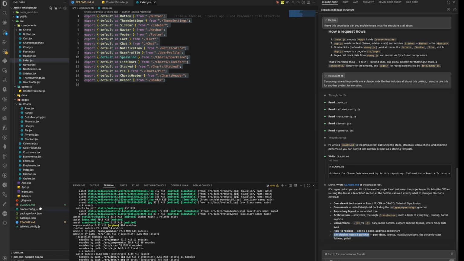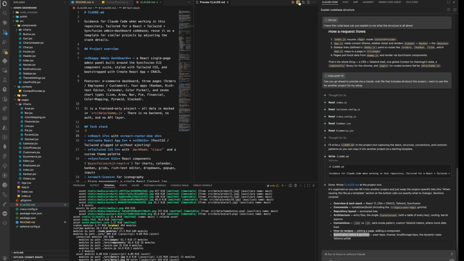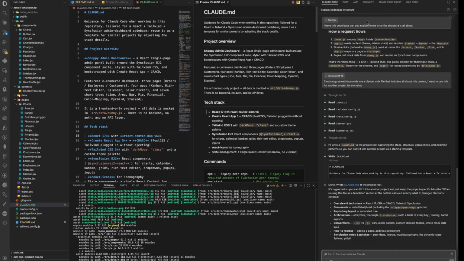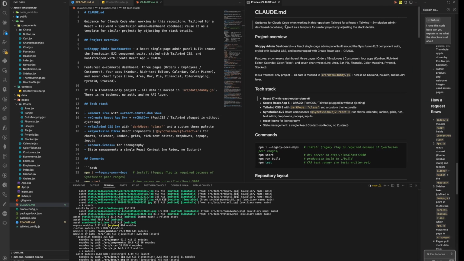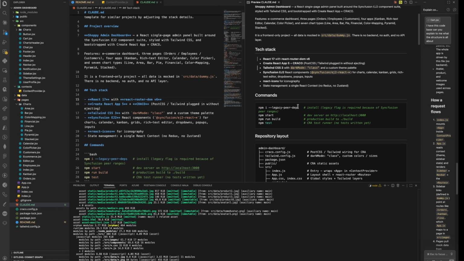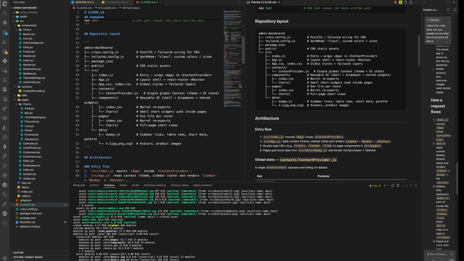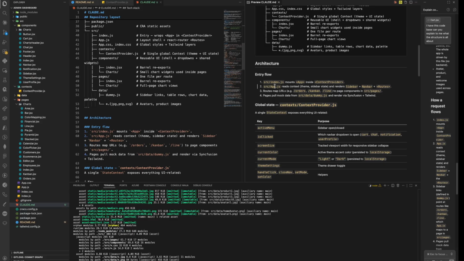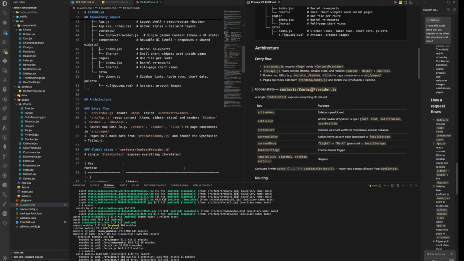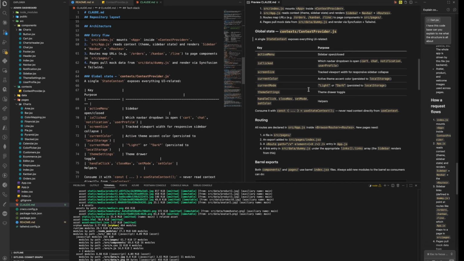So if you go ahead to look at the Claude.md and we preview this, I'm going to just reduce this for a minute. And you will see now that we have the guidance, project overview, tech stack. You can see the repository layout. Trust me, if you wanted to write this back then, you would literally use hours to write all of this detailed readme. You can see I did all of this in minutes. So go architecture, the entry flow, the global states, and all of those things,